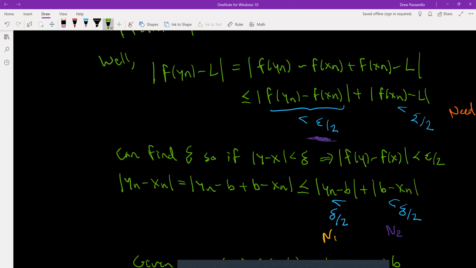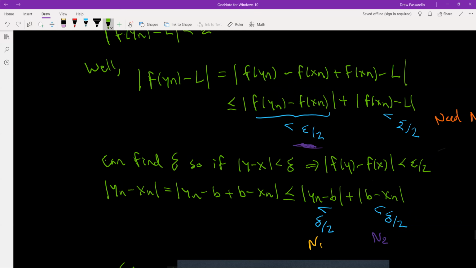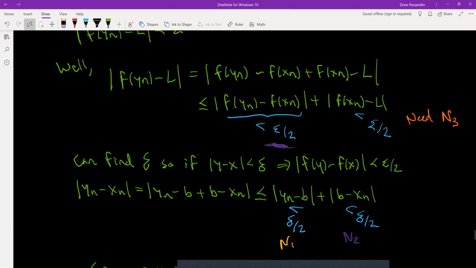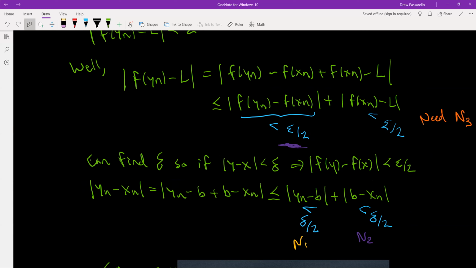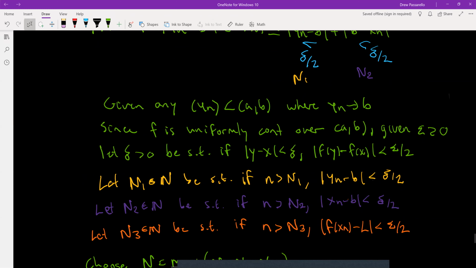Now that was for f of yn minus f of xn to be less than epsilon over 2. Then we needed to take care of the f of xn minus capital L. Well, we've already said that f of xn converges to L, so find an n3 so that f of xn minus L is less than epsilon over 2. All right, that was the thought process, and then I made it a little bit more formal